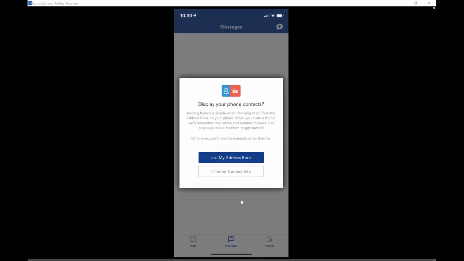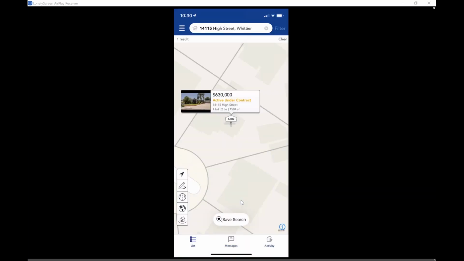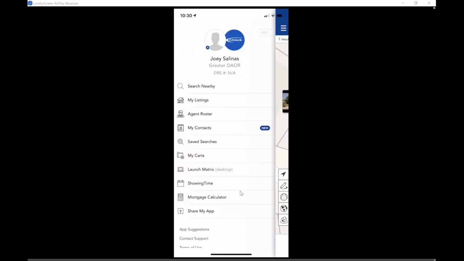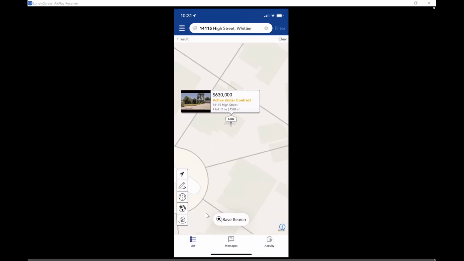So we can use my address books or I'll enter contact info. We see client activity. Couple of things we can do with the CRMLS app, right? My listings, agent roster, save searches, some cards. We can launch the matrix directly to our desktop or showing time. Use that mortgage calculator and share my app so that we can link people this way. Now, this is one way to do it. As I said, there are a couple of different features on here in terms of how you search, but as you see, it's not as streamlined as the actual